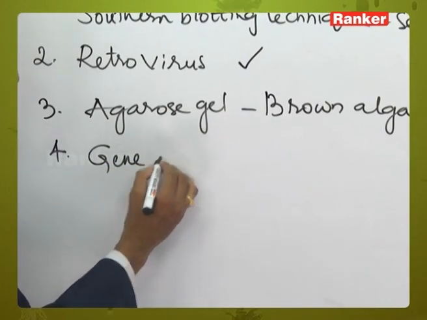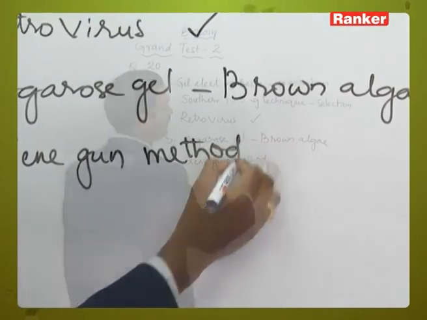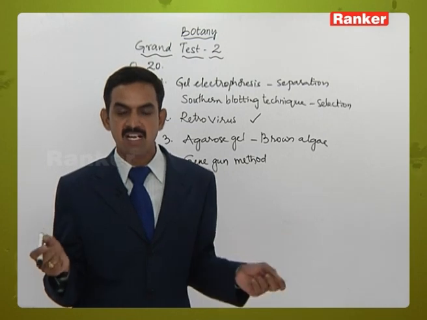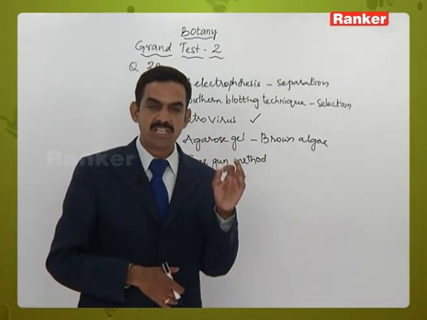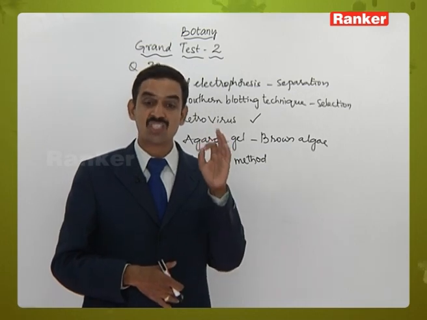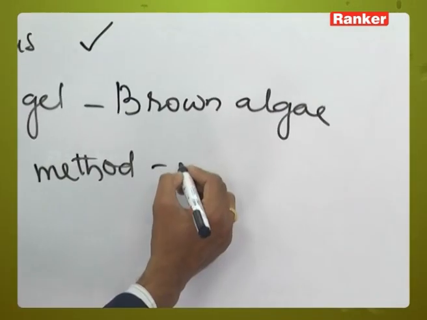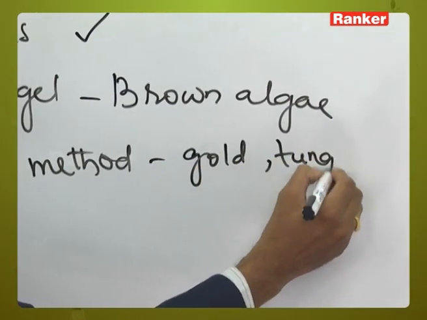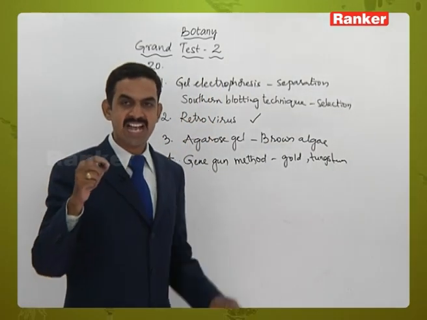So there are many methods of transfer of desirable genes into the vector or the host. So here, what is the gene gun method? The gene gun method is bombarding gold or tungsten coated with DNA, but here it is given as silver. So it is gold or tungsten that are used here, which are coated with DNA, and that